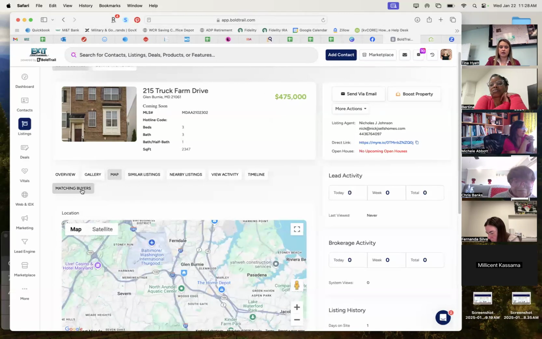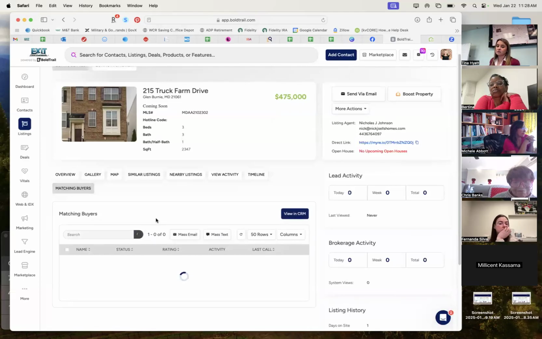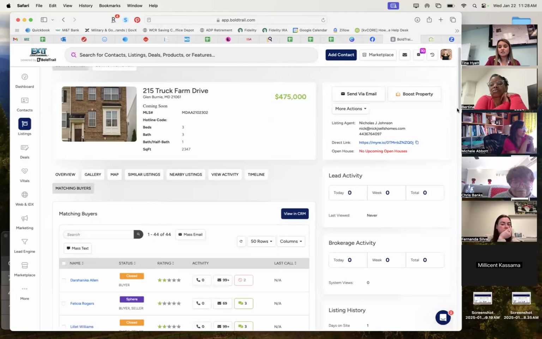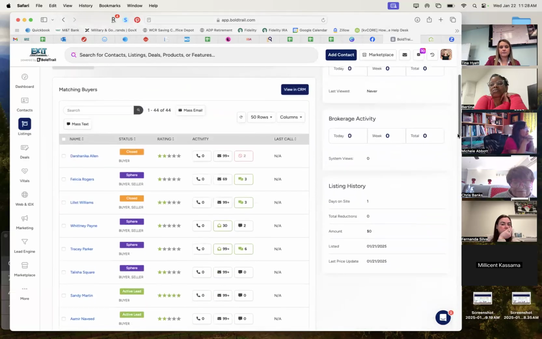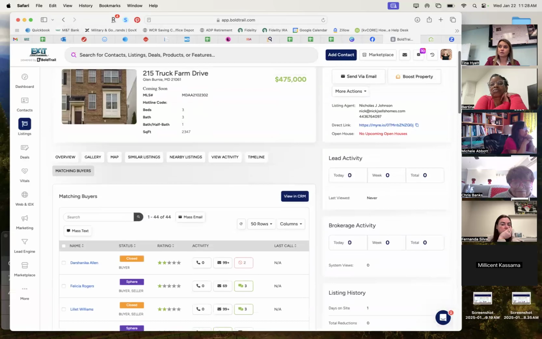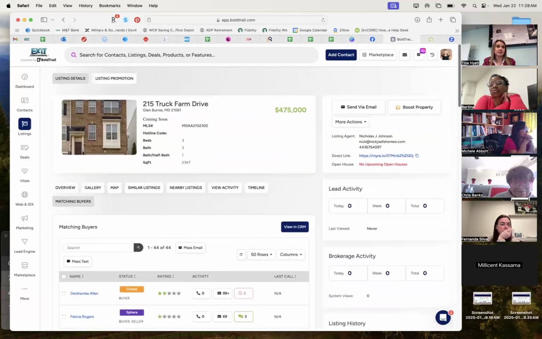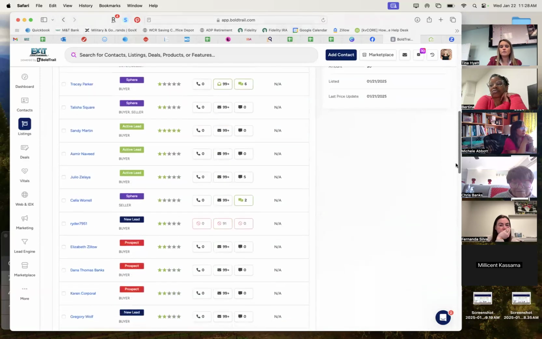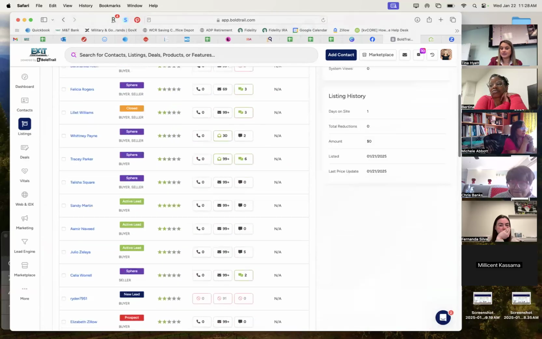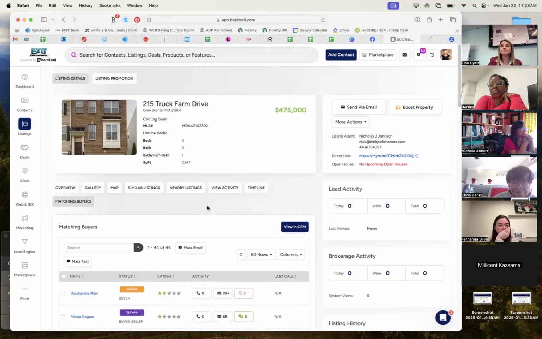It shows you, this is where it pulls matching buyers. So this is a cool feature. Matching buyers, these are just matching buyers in your CRM. So your listing, you can actually match it to your matching buyers that you have in your CRM that have search alerts set up for a property like this. So whether it's your Zillow buyers, your Zillow nurtures, your CRM buyers, I can actually go in and I can see who matches this listing that's in my database. It does. Yeah, it's pretty cool.